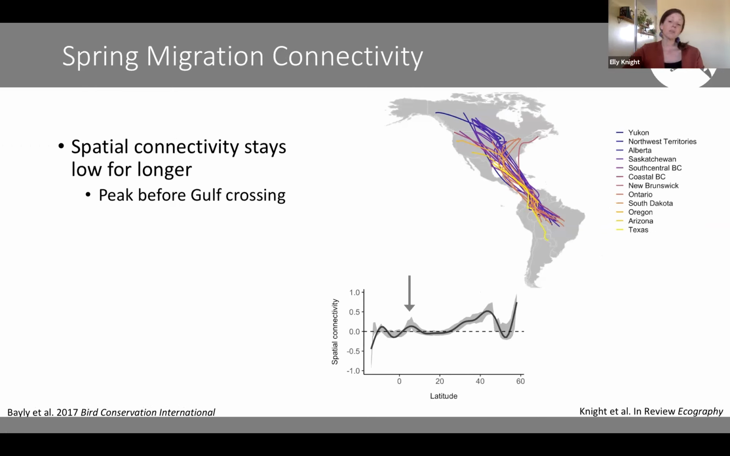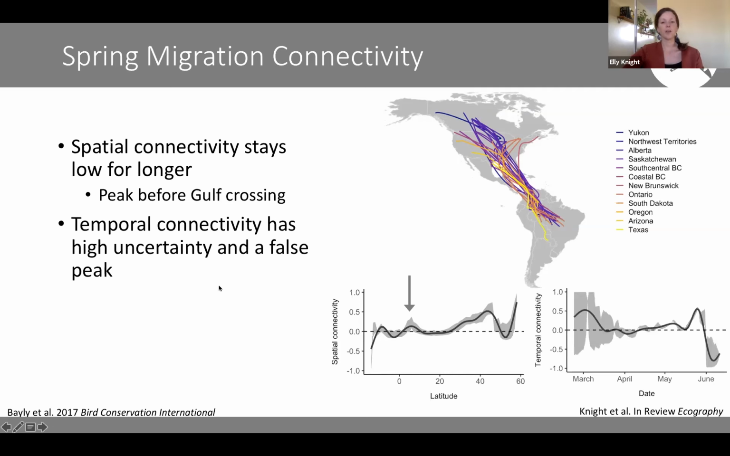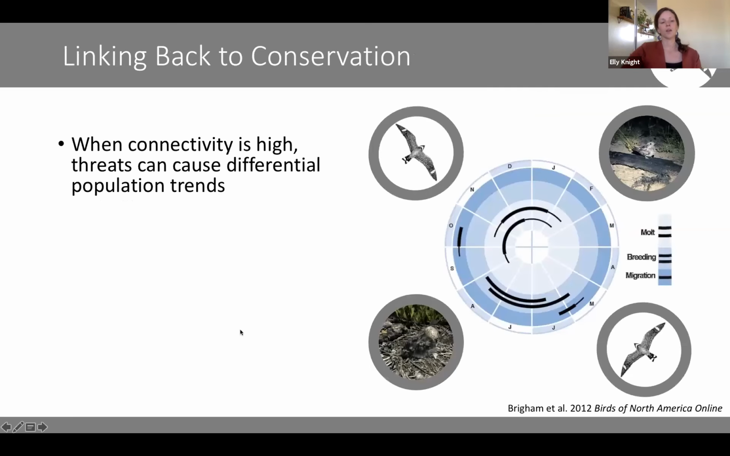And so the other peaks in this profile were evaluated as false or non-significant. And then unfortunately, temporal connectivity doesn't tell us a whole lot. There are a couple of false peaks in this profile, and then we're seeing really high uncertainty early on during migration. So let's bring our results back to potential drivers of differential trends and look at times in the annual